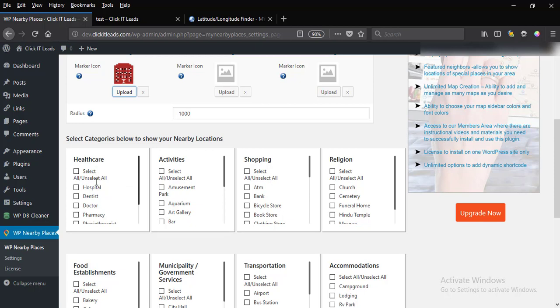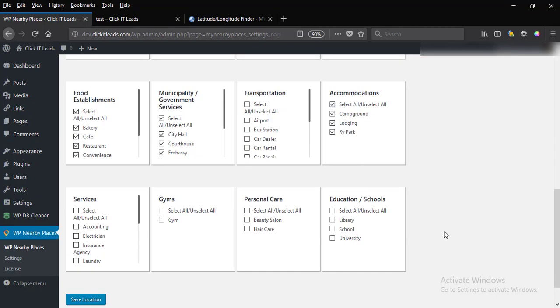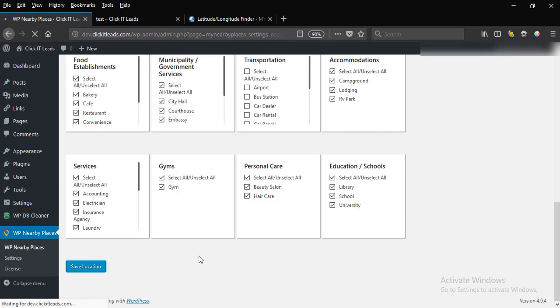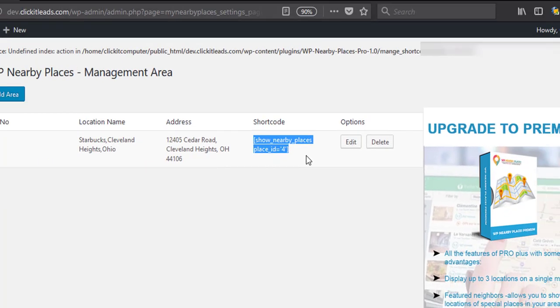If you want to select all of them, then you just need to click on select all, like this. Once you are done with it, you just need to click on this save location button, like this, and we are done. We just need to copy this shortcode